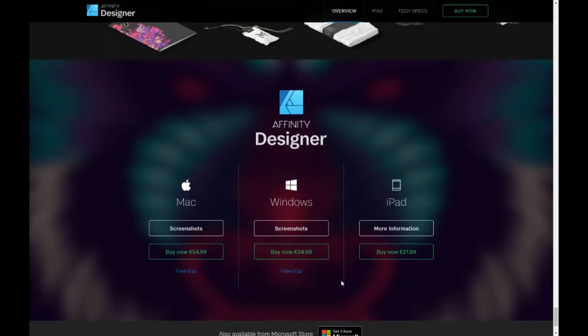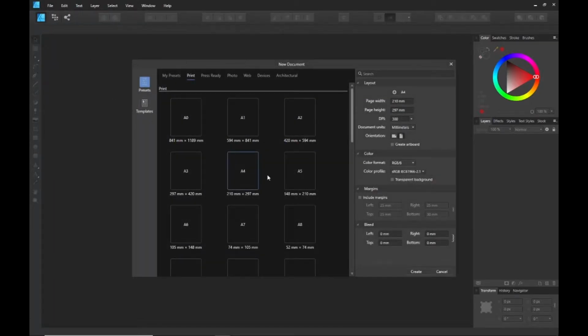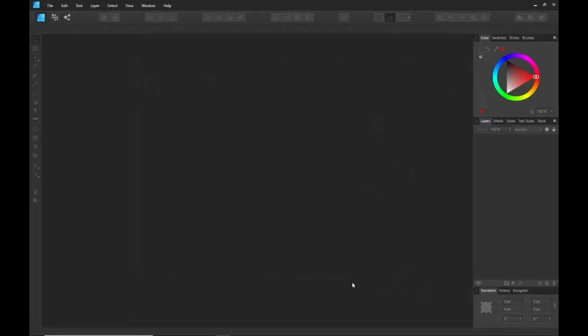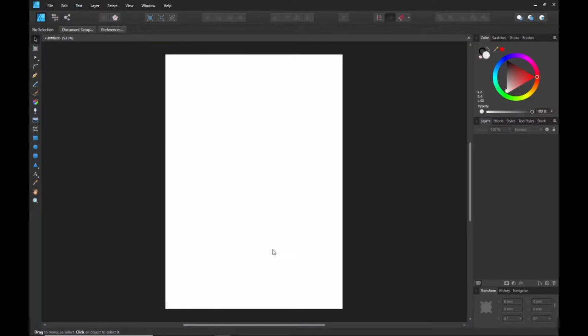So first up, we are going to open Affinity Designer and create a new project. The size of the canvas does not really matter. You can just choose whatever you want here. Because it's a vector-based program, we can pretty much scale our designs up or down as much as we want. We only have to choose a resolution once we export it. So don't worry about it, just choose anything you want